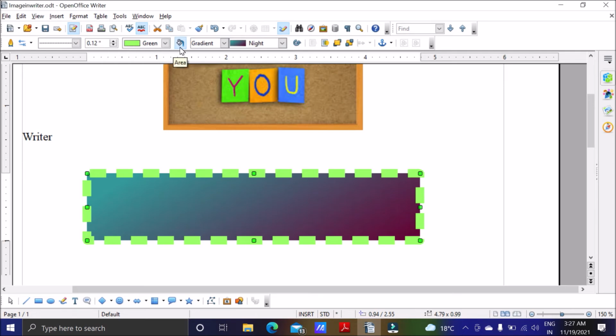Inside, if you want to fill any color or gradient, you can click on area. Here you can rotate the object also. If you want to move the object to the background, you can go for this one. Then if you want to bring it to the front, or send it to the back, you can do this. This is for changing the anchor.